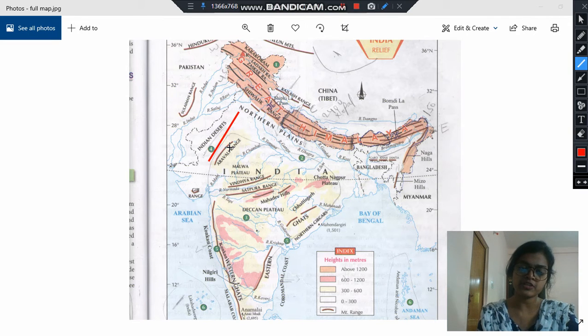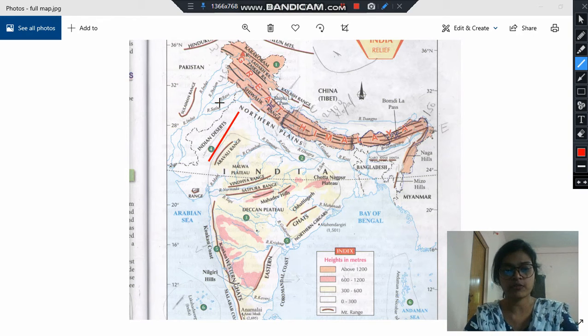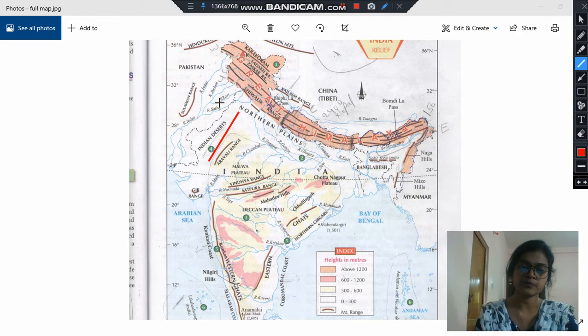In the Indian desert, the features of desert are that mounds of sand are found here. Means in Indian desert we find mounds of sand. And there are no or very few rivers here. Means there is a very small number of rivers in Indian desert. Only one river flows in Indian desert, which is Luni. Only river Luni flows in Indian desert. And the climate of Indian desert is very arid. Means it is very dry and very arid.